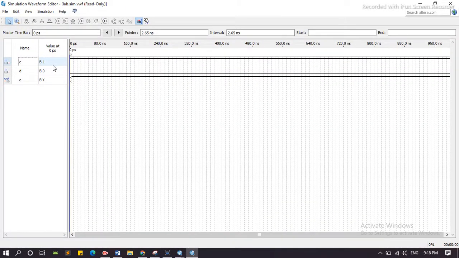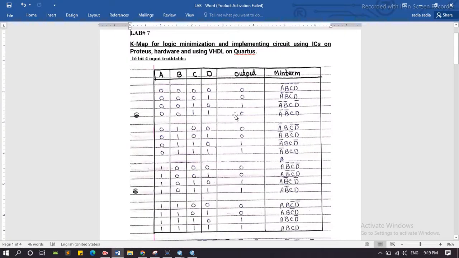We can see that when the input CD is equal to 1 0, the output is equal to 1. Here is also 1 0, and this one is also 1 0, and this one is also 1 0. Here are the 4 cases which have 1 0 and output is equal to 1. Now the other 3 cases are 1 1, 1 1 and 1 1.